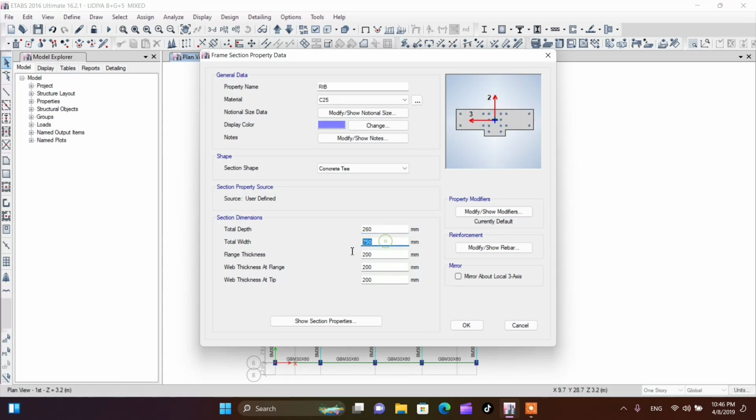That is 400 millimeter. Flange thickness is